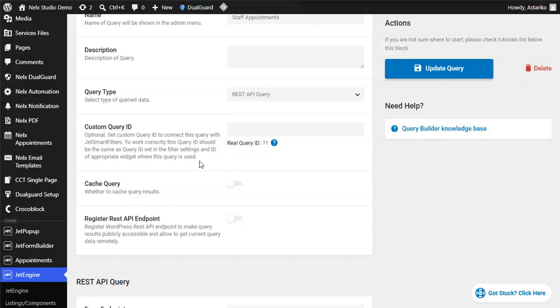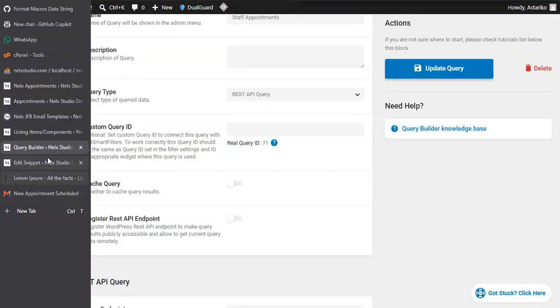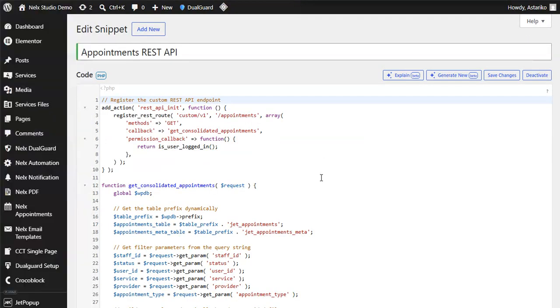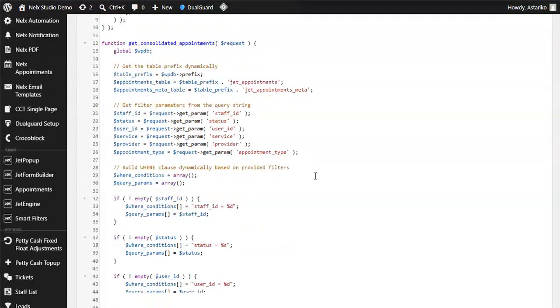So instead of using SQL query, you will have to use a REST API, and this is the snippet that I will share with you as well. What you will basically want to do is come here and alter these things based on the things that you have. Of course, there is no reason for you to touch these ones here